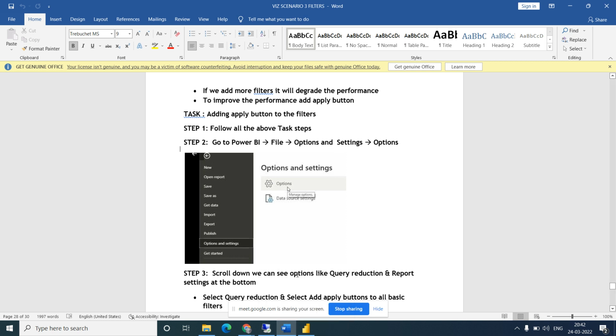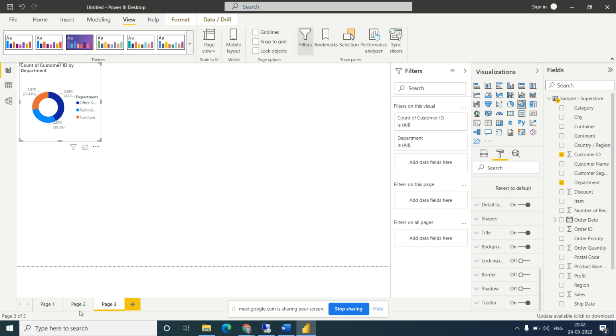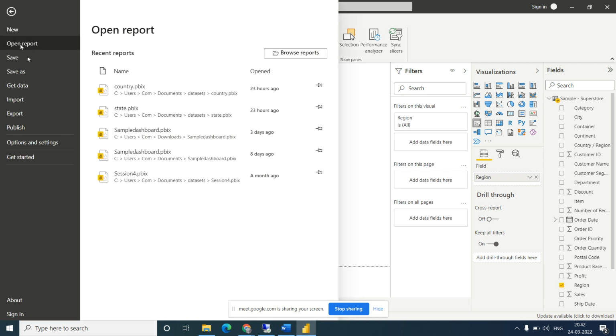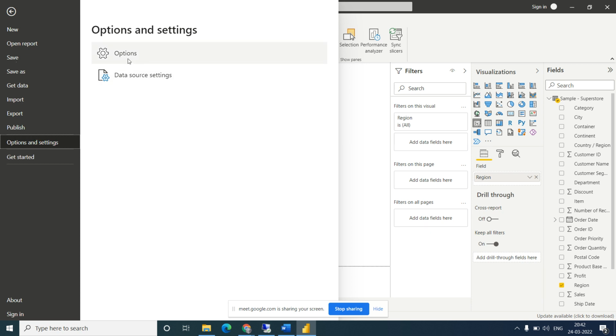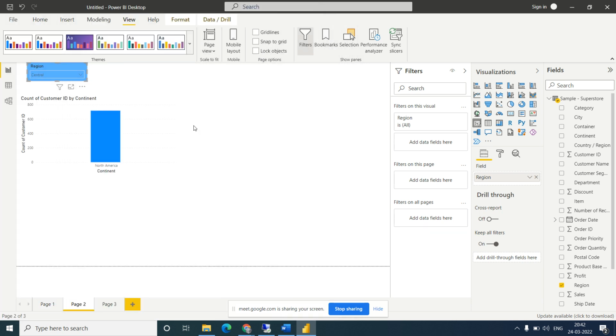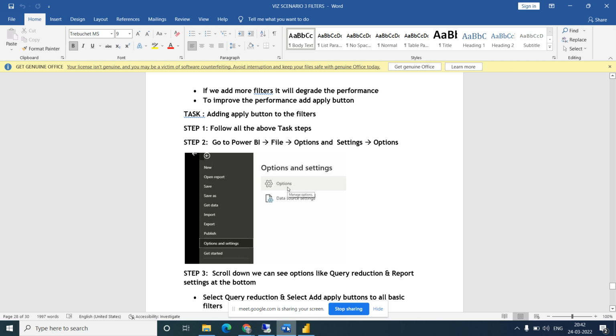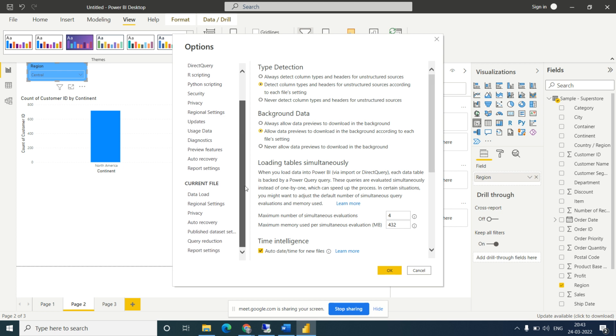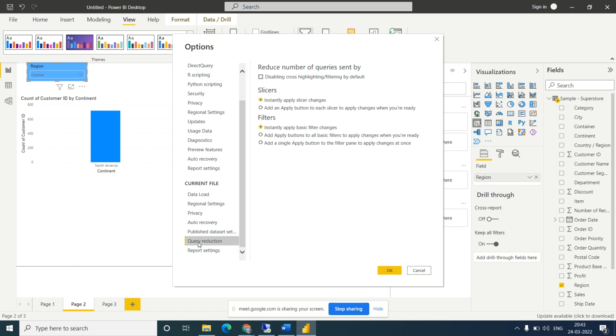Let's go to File, Options and settings, Query reduction.